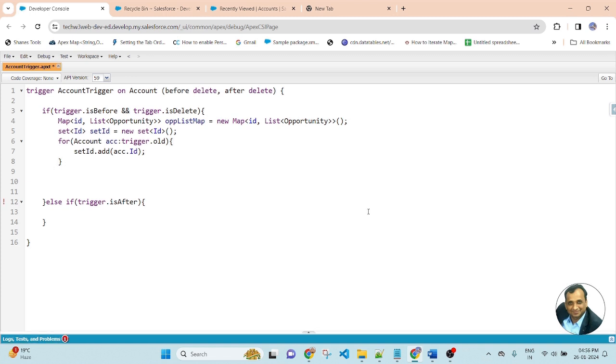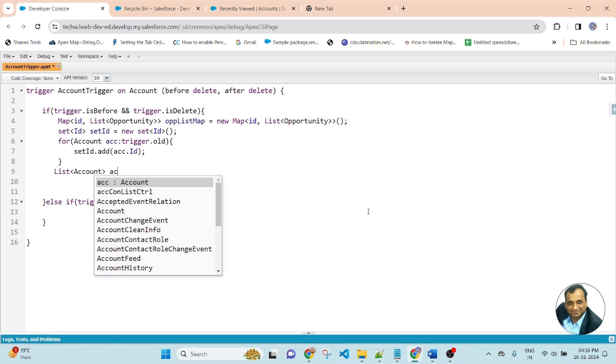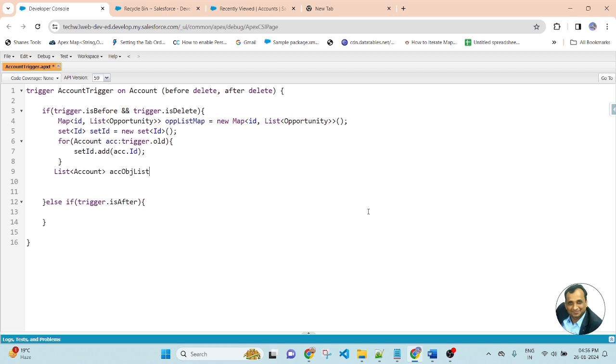I will write a nested SQL query on the account. List of account acc obj list equal to square bracket select id name from account where id in colon, here I'm passing the set of id and after name pass comma bracket.